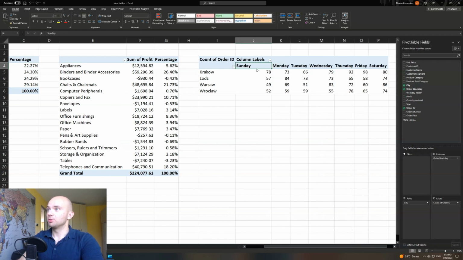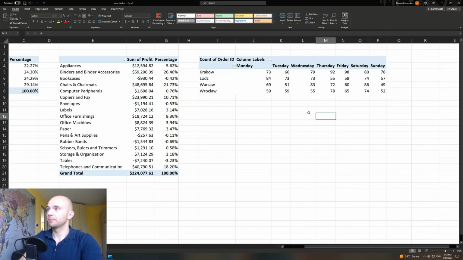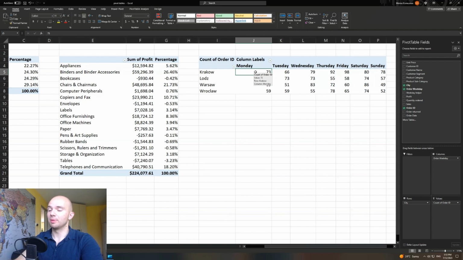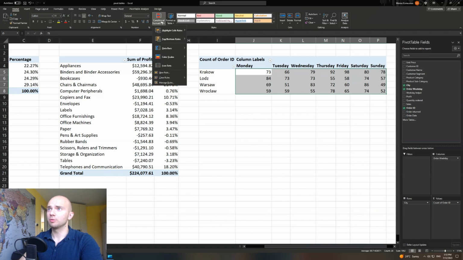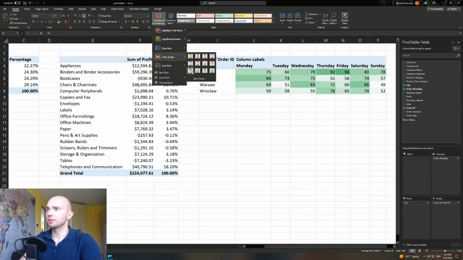But since I can use this option, I'll just drag and drop it manually. Now the final thing I want to do here is to turn this into a heat map. So I select the whole range, I go to Home tab, go to Conditional Formatting, Color Scales, and select an